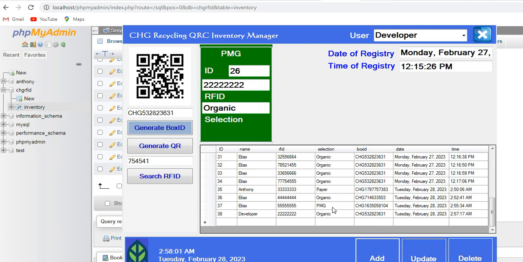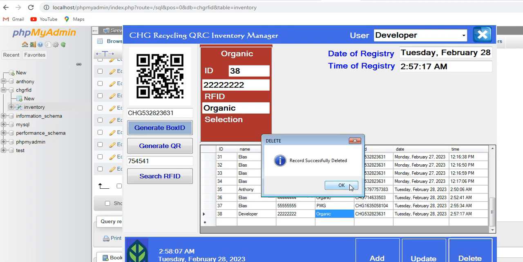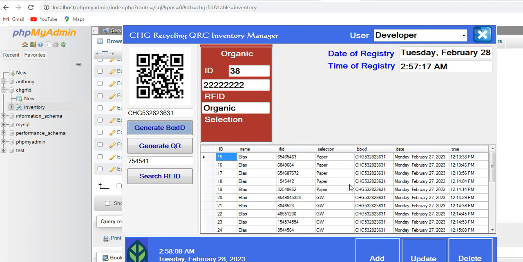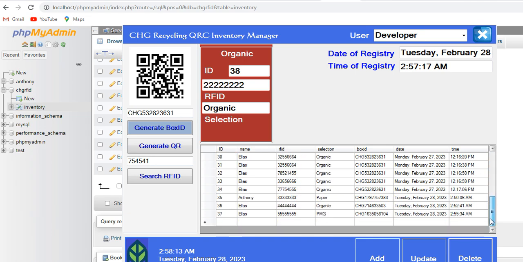If I make a selection of a thing I want to get rid of, I can just delete it, and it'll delete that one, or I can add new ones or whatever. It doesn't really matter. Create new. If I want to find a specific